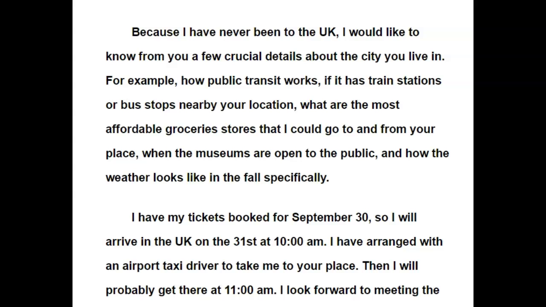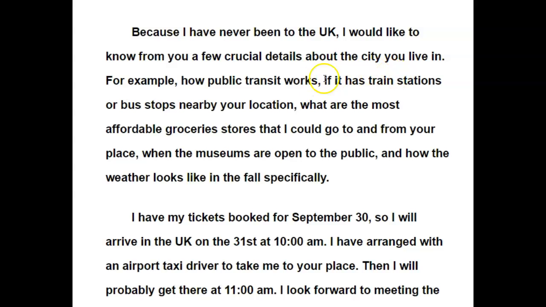This is supposed to be a paragraph. And so a paragraph means that you're going to write sentences. This was essentially a list, okay? And it was a list that grammatically had some issues. So, for example, could you tell me how public transit works? Okay, full stop. Could you tell me is how we do this more formally. We make it sound indirect, and so that's important to do. For example, could you tell me how public transit works? Full stop.